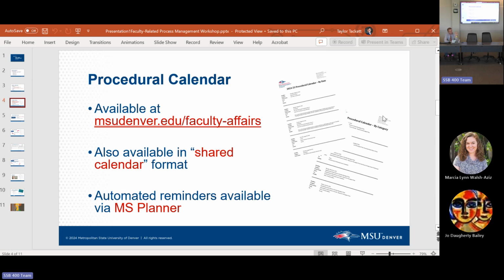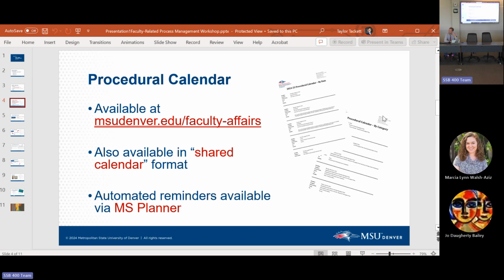We did have one thing this year that is relevant to chairs, to deans, to anybody, I suppose, in this room. In the past, we have not necessarily done a really good job of tracking when somebody gets hired with years towards tenure. We don't track that very well. We've left it to HR and realized that maybe faculty affairs should be tracking it as well. So we added some dates in there for deans' offices to send us a list towards the end of the spring. I think early in the spring, then again at the end of the spring, depending on when you hired somebody, if they have years towards tenure, because Tracy and I just want to track that.